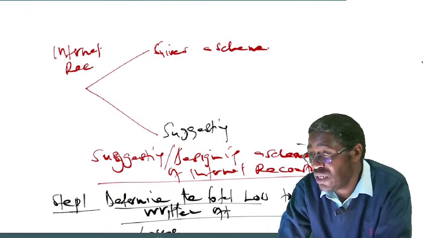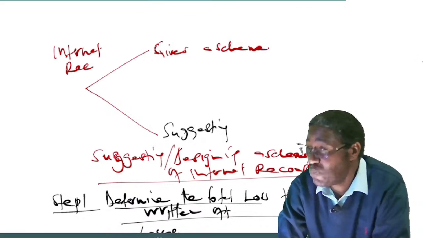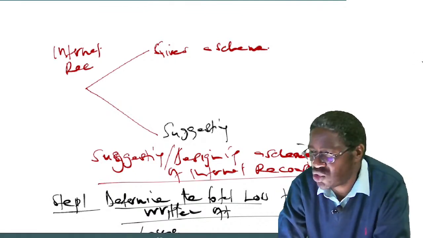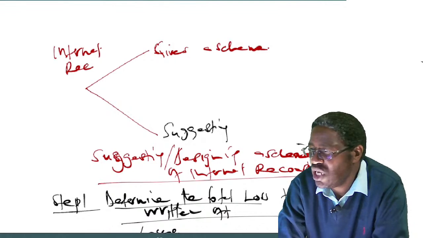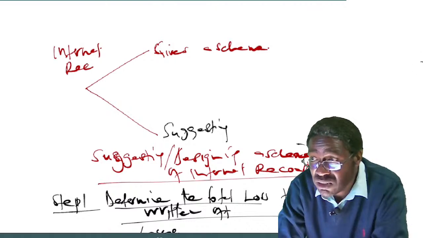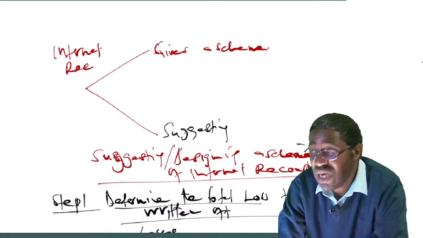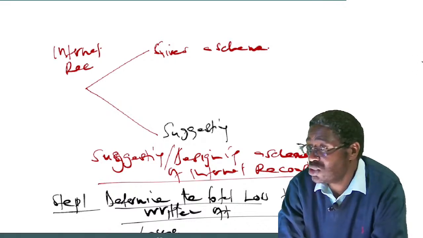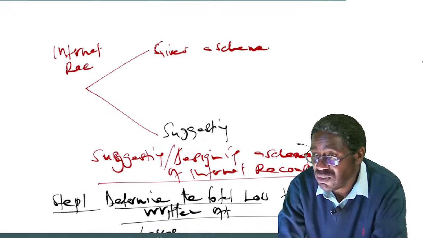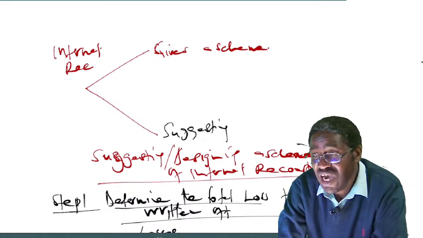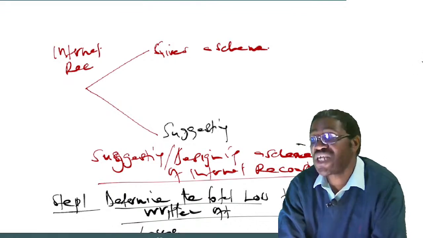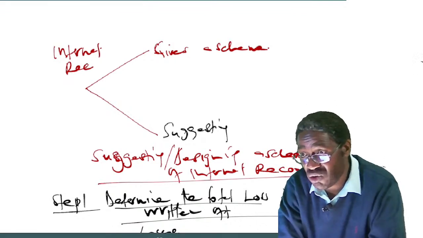That one I remember. If you go to the November 2016 paper, you will find a question on internal reconstruction, where the examiner has given you a scheme, and in that scheme there were 8 items from number 1 to number 8. They told you, number A, prepare capital reduction. Number B, prepare balance sheet after reconstruction. Then from there, I now discussed this second approach, where you are to suggest a scheme of internal reconstruction.